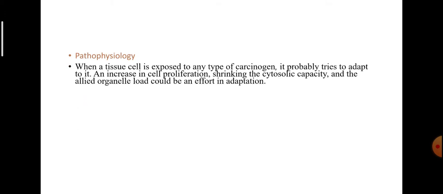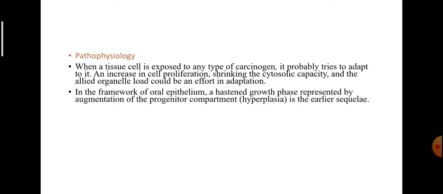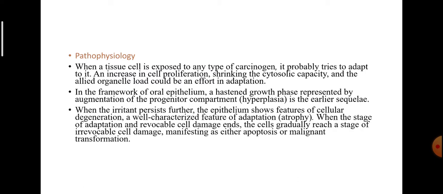Pathophysiology. When a tissue cell is exposed to any type of carcinogen, it probably tries to adapt to it. An increase in cell production, shrinking of the cytosolic capacity, and the allied organelle load could be an effort at adaptation. In the framework of oral epithelium, a hyperplastic growth phase represented by augmentation of the progenitor compartment is the earlier sequela. When the irritant persists further, the epithelium shows features of cellular degeneration,